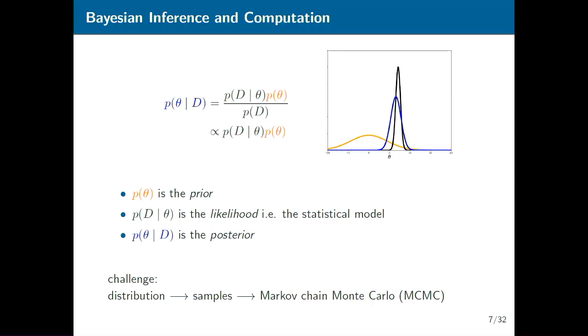It's a very flexible framework, but the conceptual simplicity usually hides the difficulty in computations. In a nutshell, distributions as infinite dimensional objects are hard to work with. So it's easier if you have samples from it, which calls for efficient and universally applicable sampling algorithms. And that's where you will see phrases such as Markov chain Monte Carlo, or MCMC for short, getting thrown around in the literature.